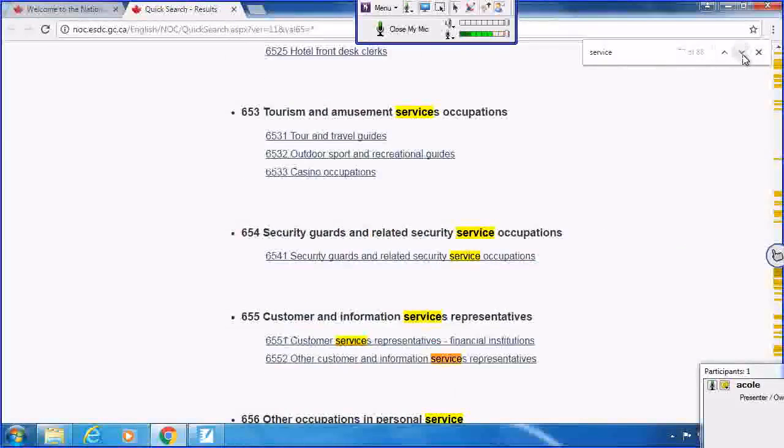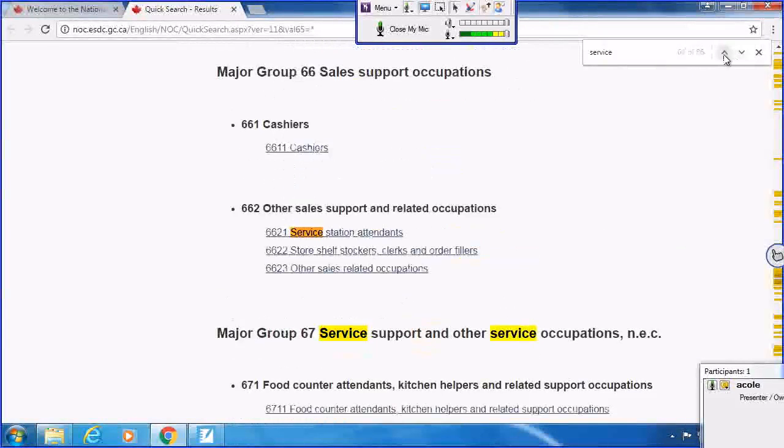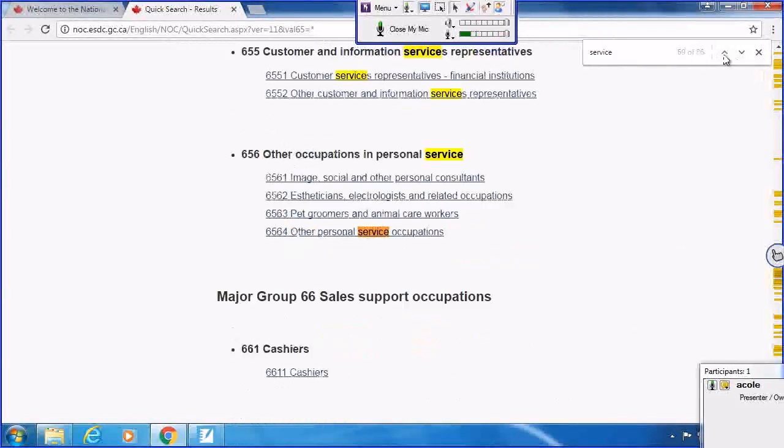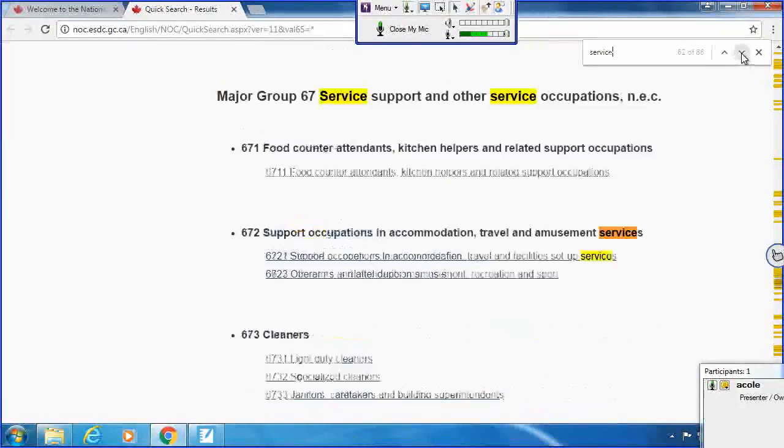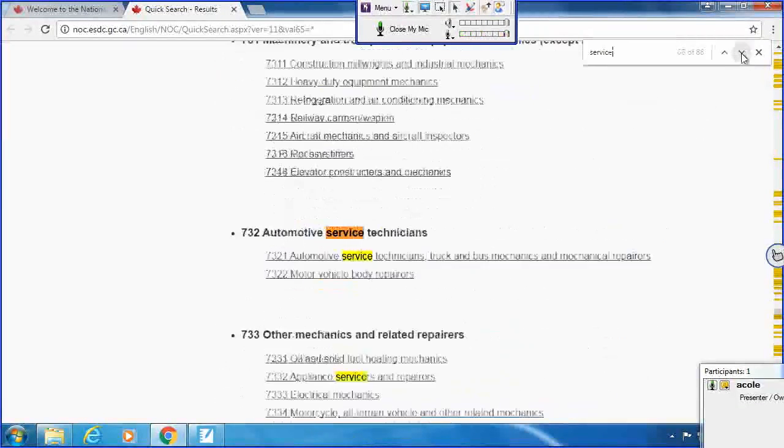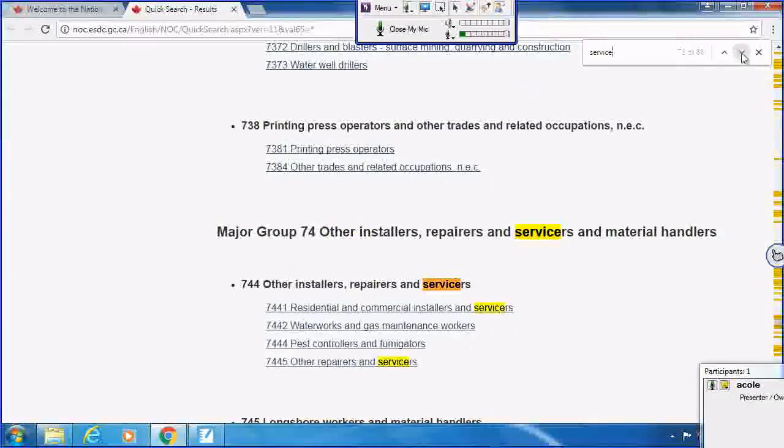So there's so many ways that you could offer service. Customer service representatives, right? I'm just trying to think of some common service jobs that you might have. All right, so hopefully you find it useful to know that this website's out here and you could use it.